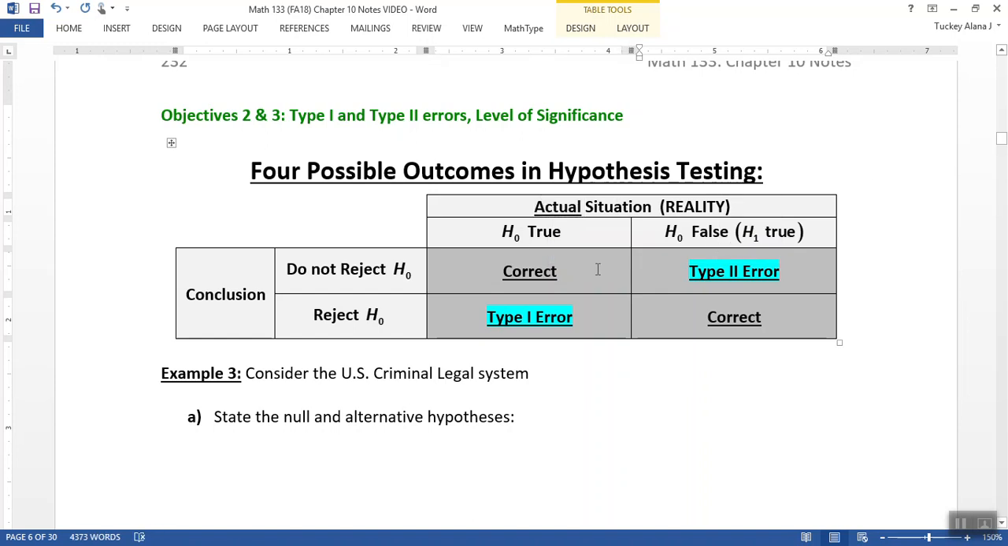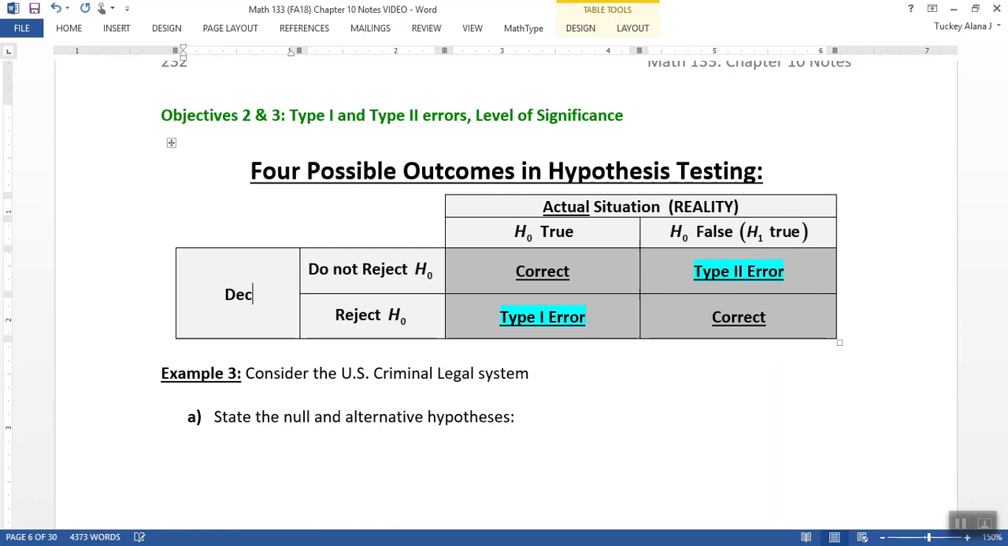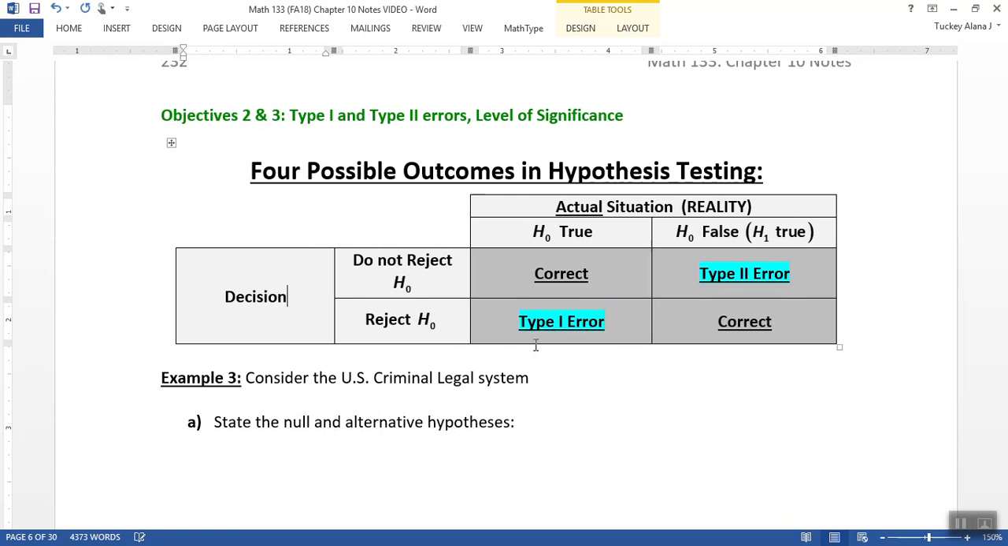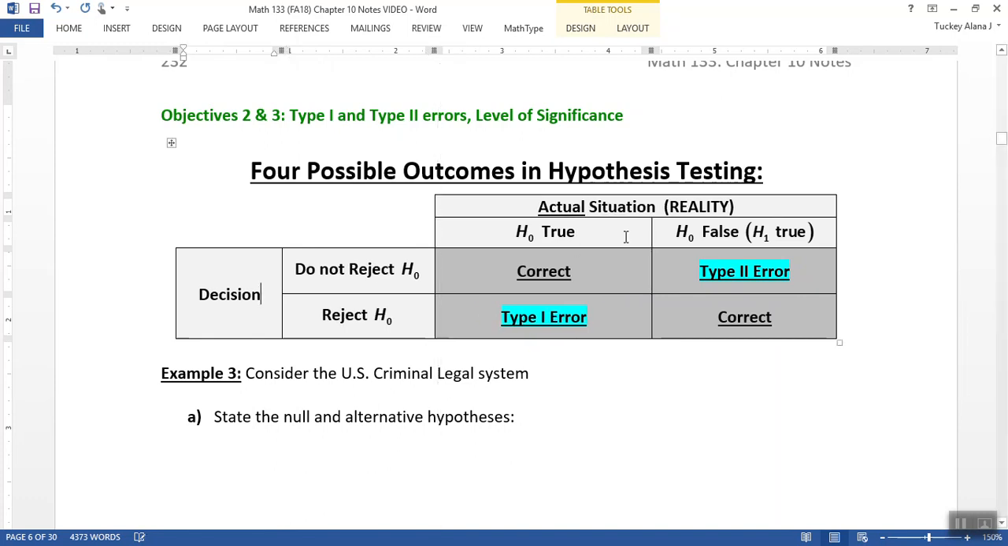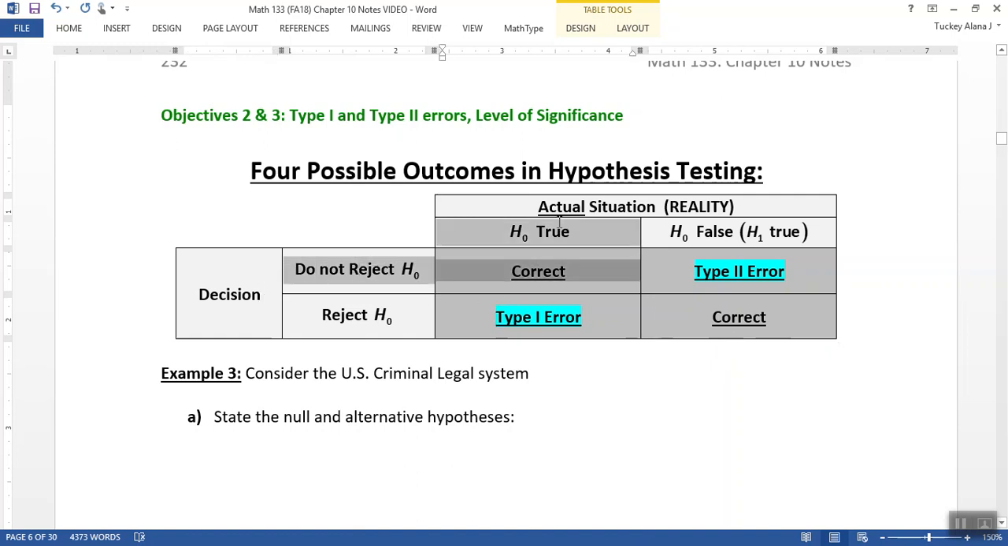Okay, but we don't make a decision based on reality. We make a decision based on evidence, right? So we decide, and actually I should change this. It's really more a decision that we're making, right? So the decision we're making is to either reject or not reject the null hypothesis, because those are the only two options available to us. So if we decide to reject the null hypothesis, and the null hypothesis was true,